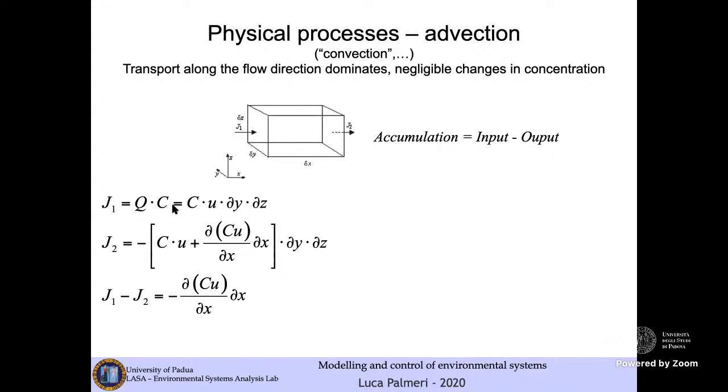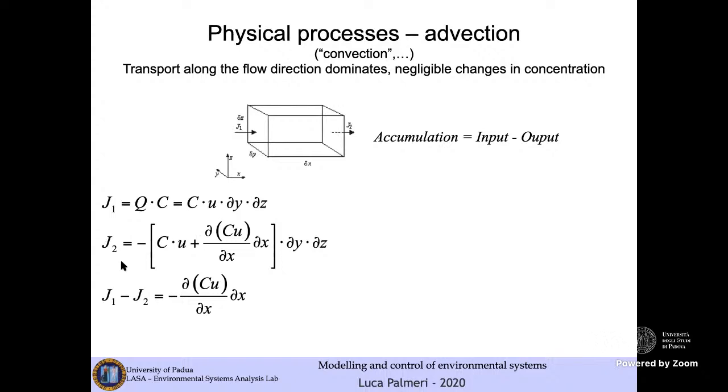For the input, we write what we discharge times the concentration is the flow in, and you explicitate it by writing that the concentration times the speed of the flow times the section through which the